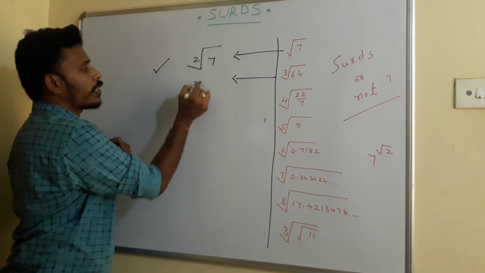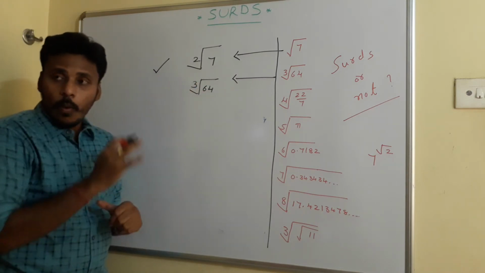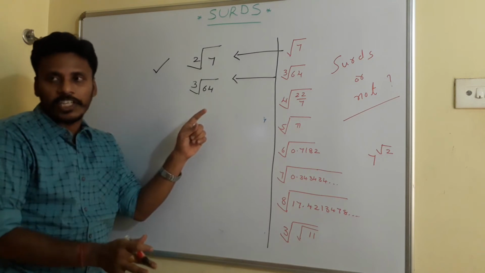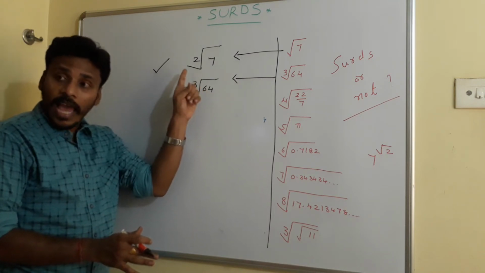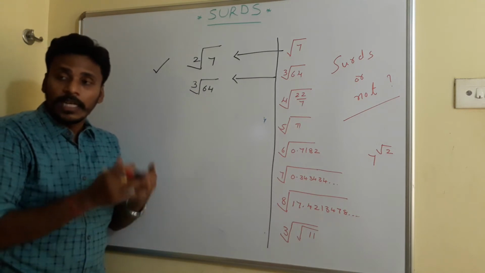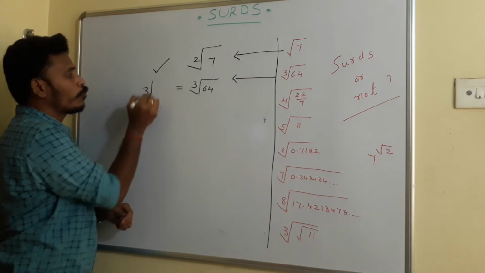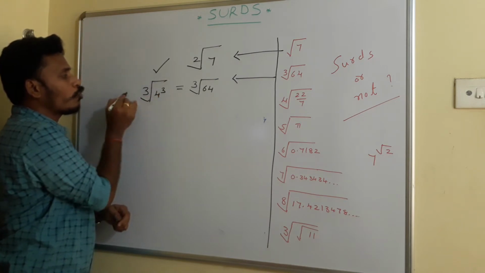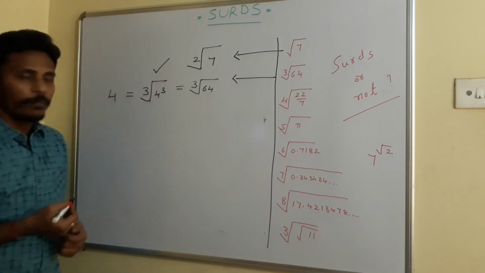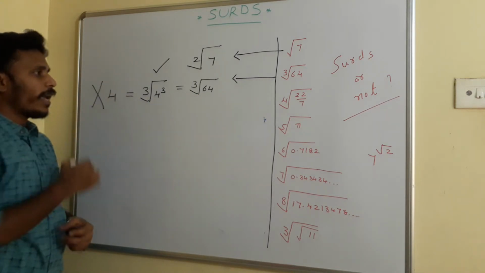Whereas coming for this cube root of 64, see, you just think it, cube root of 64. n is 3, which is natural, not equal to 1. And a is 64, clearly a rational number. a is rational, n is natural. Two conditions are satisfied. But the third condition means the result can't be a rational. But if you check, the result is cube root of 4 cube, and cube root of 4 cube can be written as 4. Since cube root of 64 can be written as 4, this is not a surd.